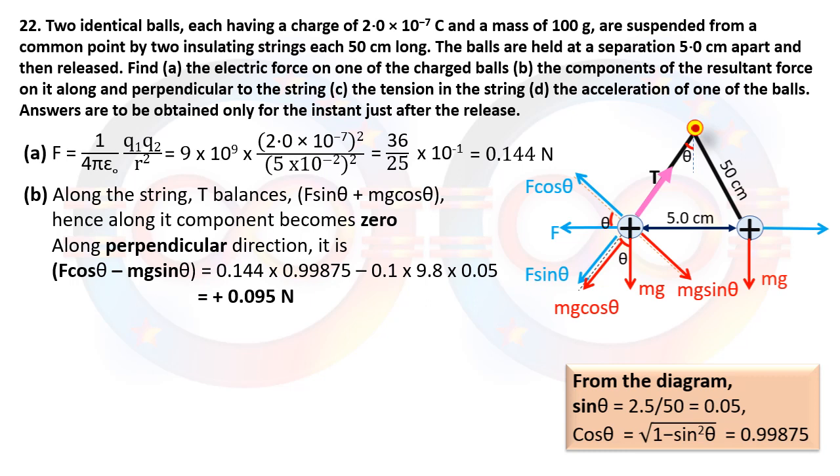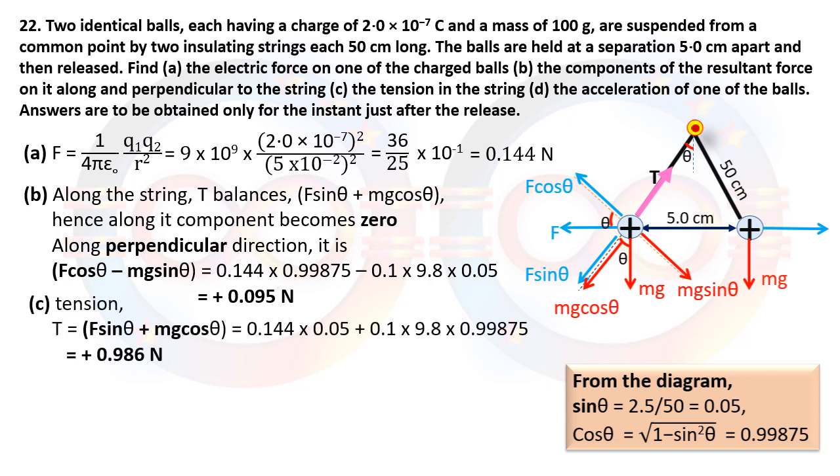B part, as I said, that tension is nothing but is being balanced by F sine theta as well as mg cos theta. So along the string, the net resultant force is going to be 0. But perpendicular, there is F cos theta as well as mg sine theta. So we will be finding the net one, F cos theta minus mg sine theta. If it comes positive, it means F cos theta is bigger. If negative, then F cos theta is smaller. Here it is coming 0.095